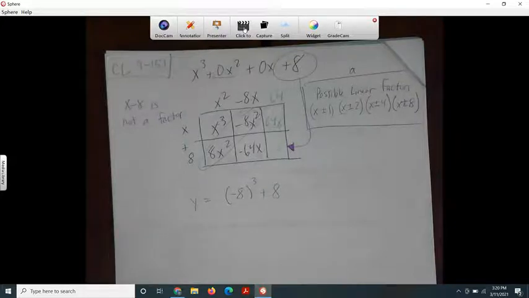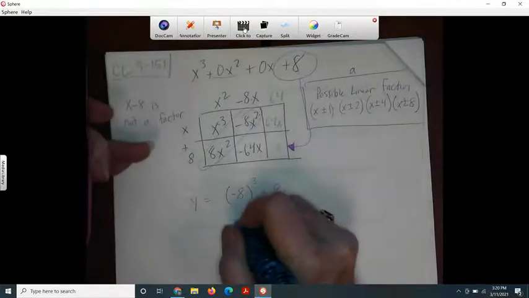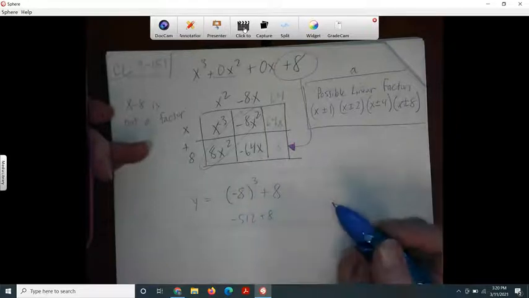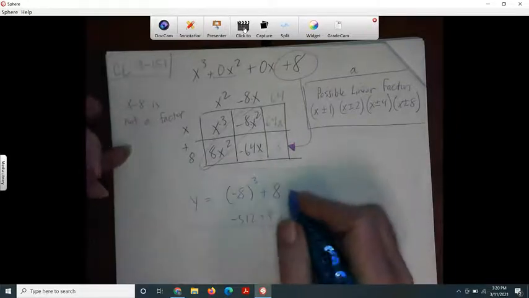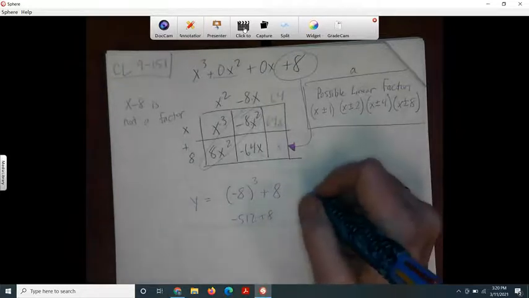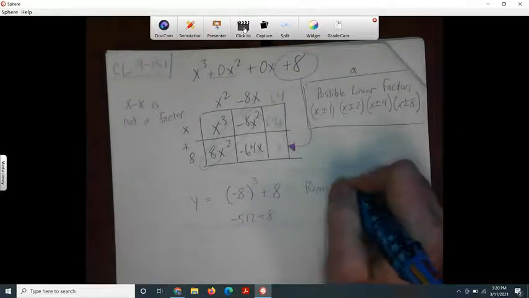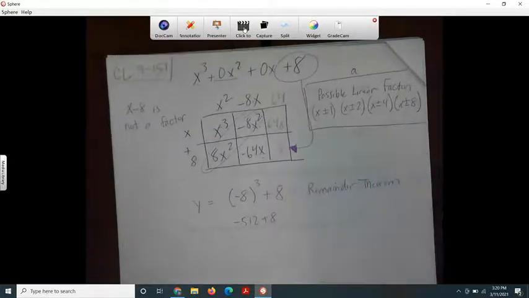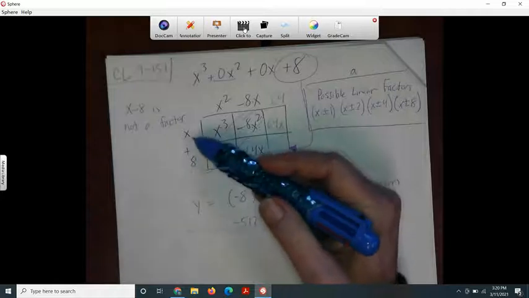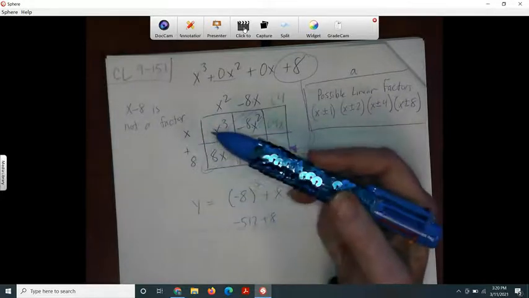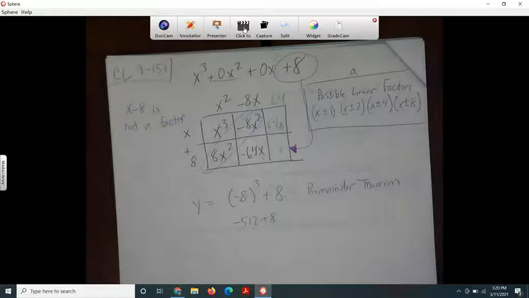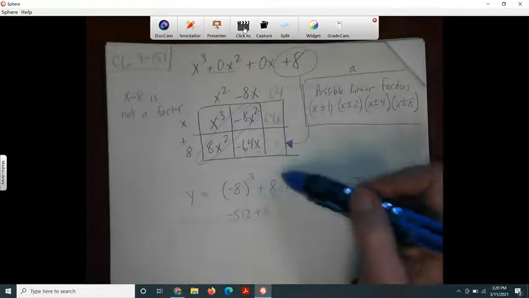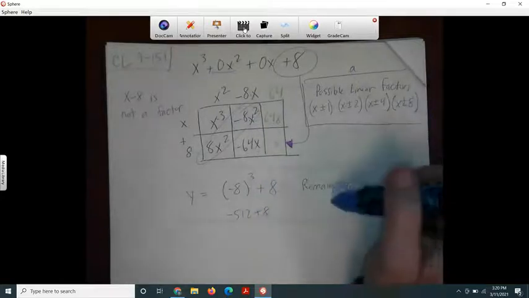So that's another way, and that's called the remainder theorem. The remainder theorem says you can just plug it in. If the factor is x plus 8, then the solution would be negative 8, but we see that when we plug the negative 8 in, we don't get 0. There's a remainder. So x plus 8 is not a factor. So then the next thing it asks us to do is,